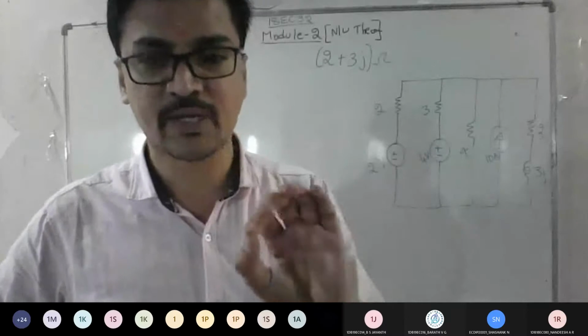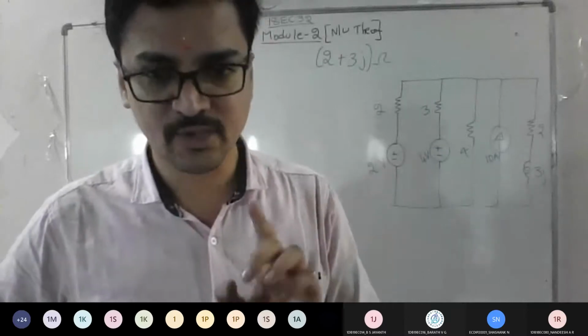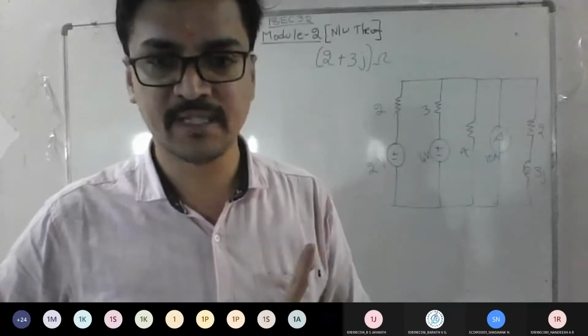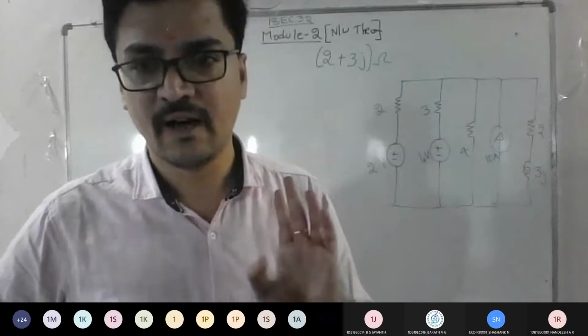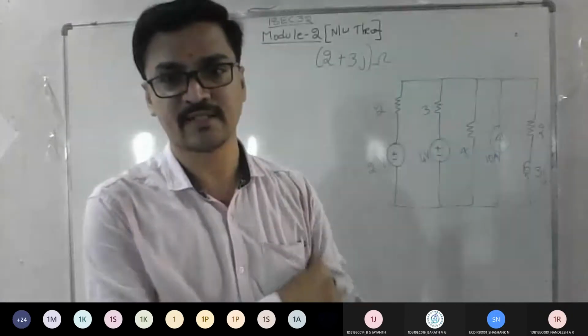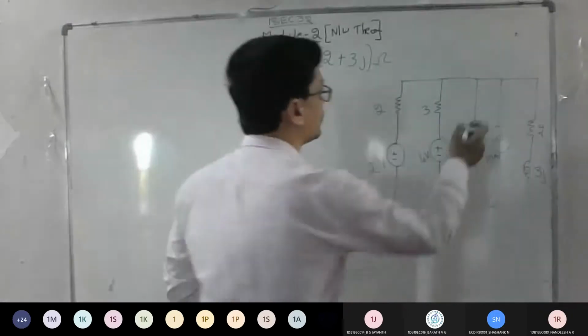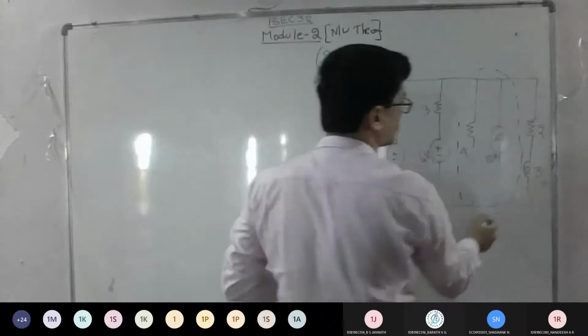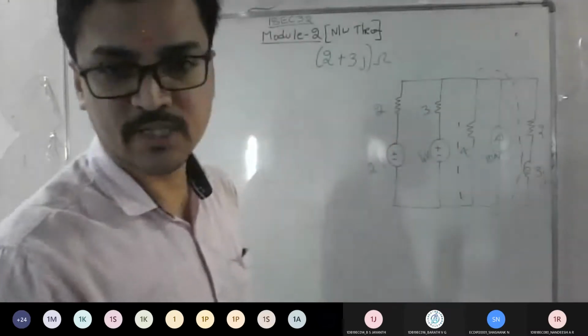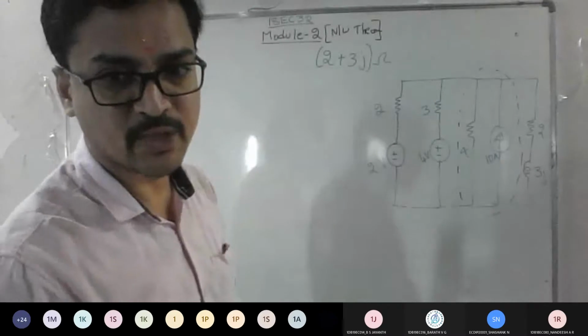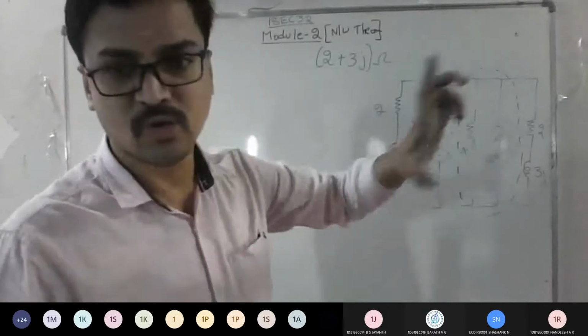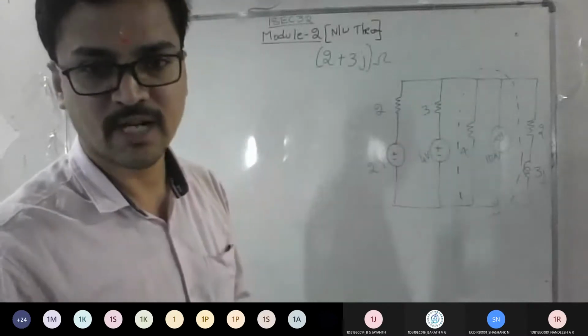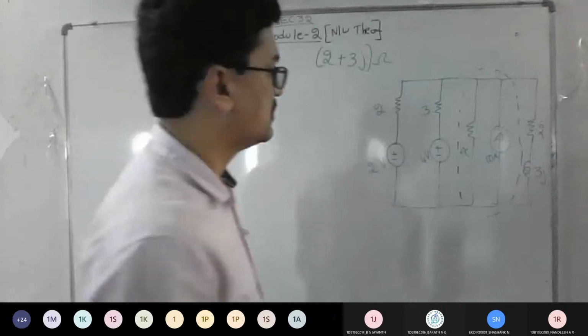That's why I told you, read the question completely, whether it is source transformation, Millman theorem, KCL or KVL. Read the question, then try to answer it. Now we know this is the current source which is parallel to this. So use your logic of source transformation and reduce the circuit such that it involves only practical voltage sources. Am I clear?